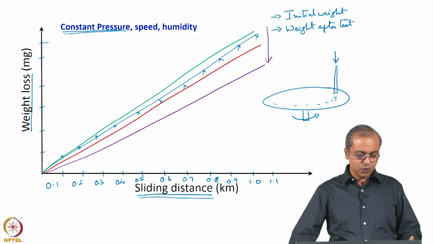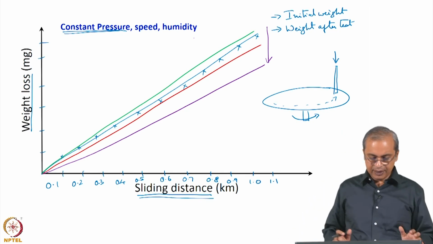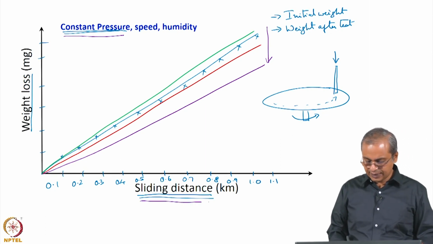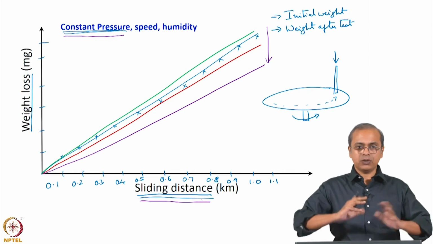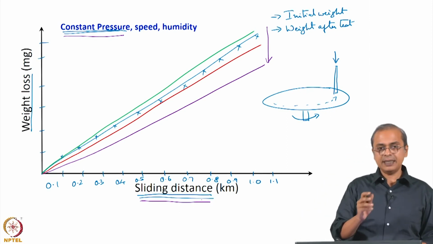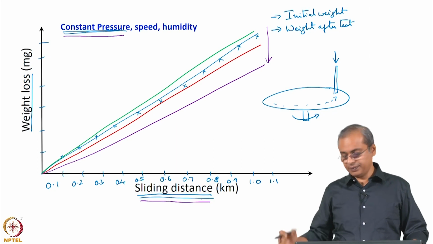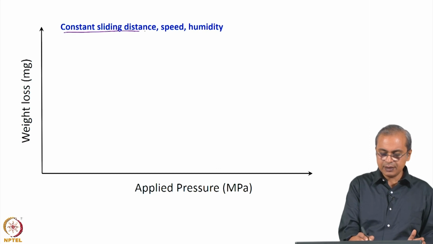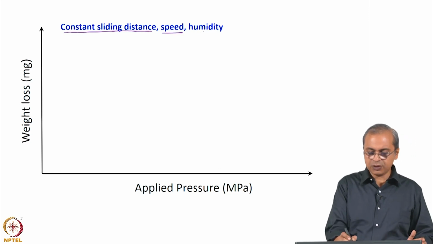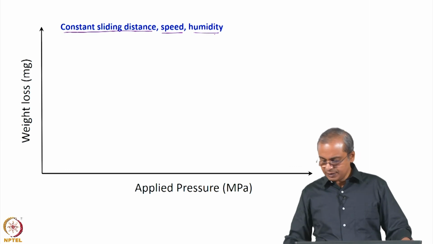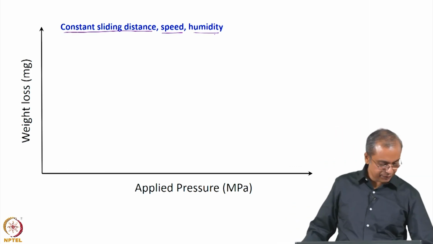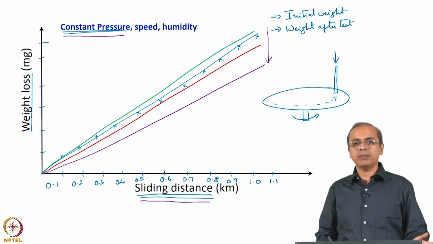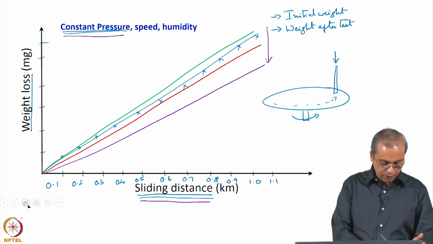There is another way in which we could do it, which is changing the variable a little bit. Here we have put constant pressure and we have changed the distance that it is travelling. The opposite thing you can do, you can sort of invert the experiment, where you have constant distance that you are travelling, but you are changing the pressure. So, that is what you would see here. So, constant sliding distance, and other things are constant also, speed is constant, humidity is constant. So, in other words, if you go back to this curve here, it is like saying that you are always travelling 1 kilometer distance. So, you let the test run for the same amount of time, let us say you are always travelling 1 kilometer distance,